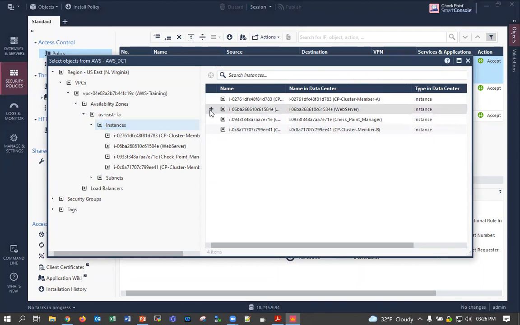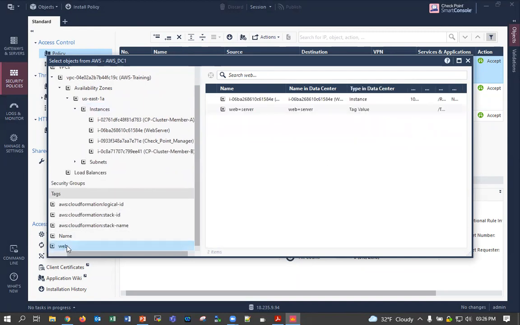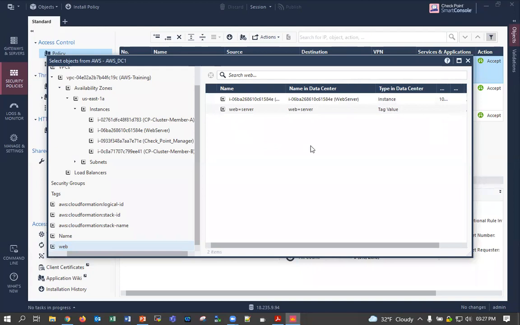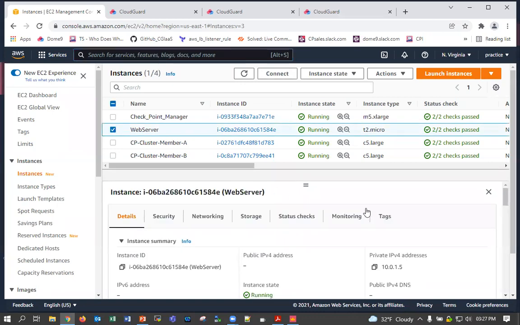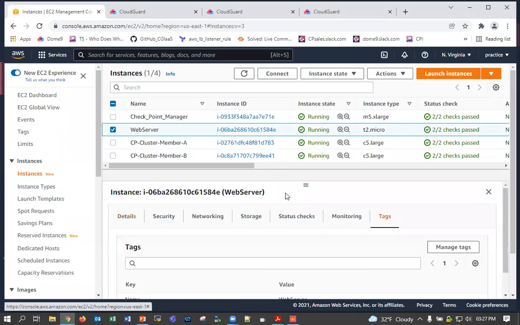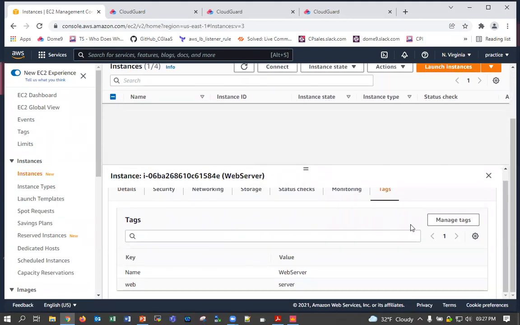But I can do something that is a lot more powerful than just clicking on an instance name or ID, which is what this is. And then I can take a look at my tags. And I can see that I have systems that are tagged as a web server. In this case, one instance. That instance happens to be the web server. And I'm going to go back here into the cloud and show you web server and show you tags and bring this up. And there it is, value